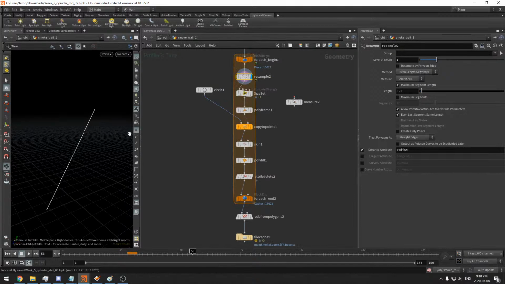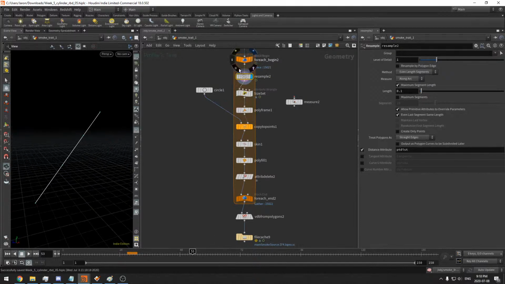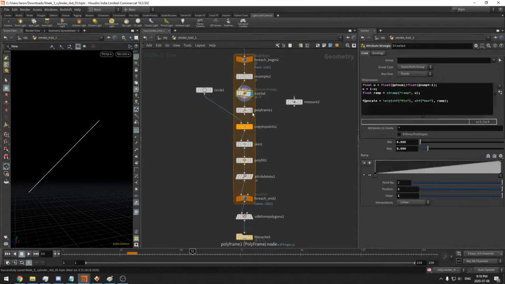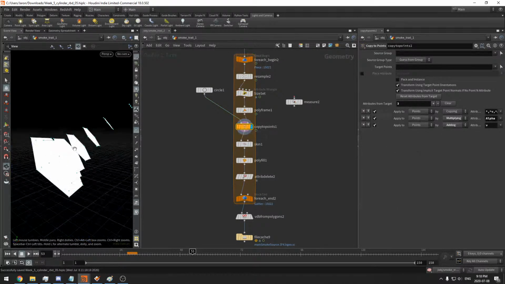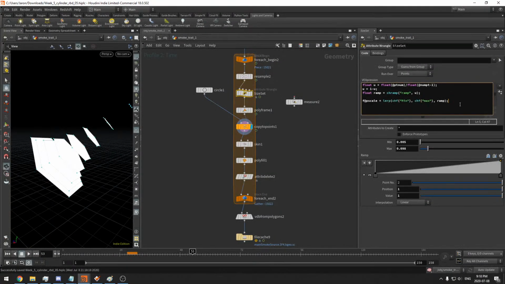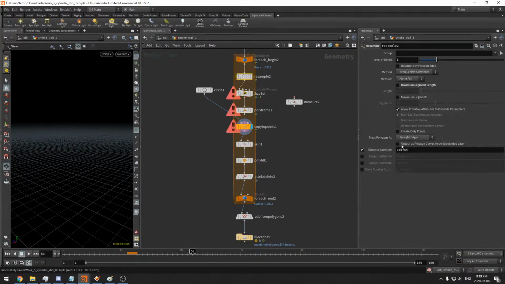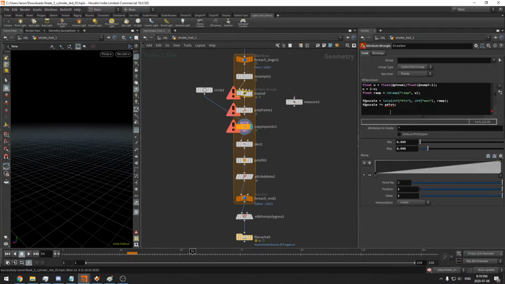So if I turn that on, we can see it's going to resample it, which isn't what I wanted to do. So I'm going to turn off this thing here, and I'm just going to say put out the distance, and I'm going to scale that. So f at p scale times by the p dist. I think it was p dist, was it? Point distance,